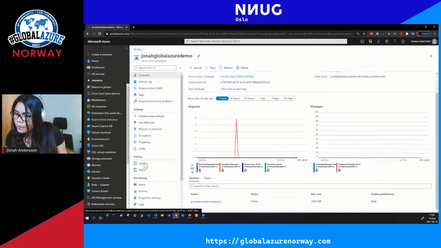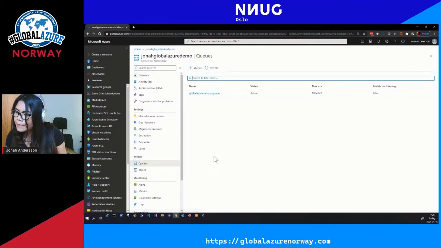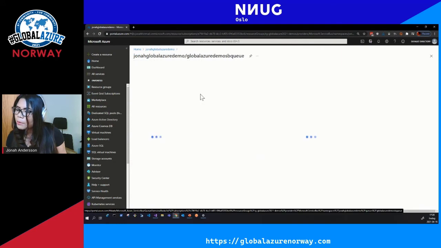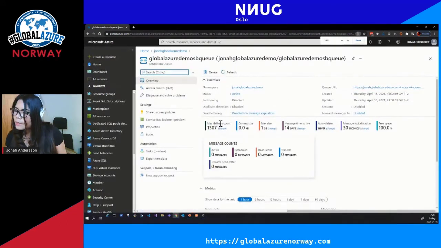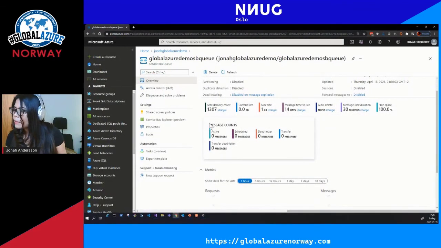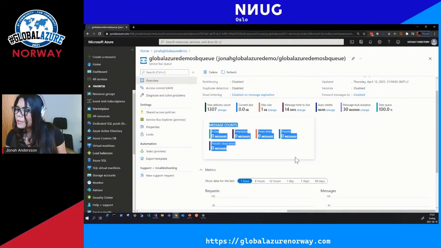So we have the entities here. I created one entity called Global Azure Demo Service Bus Demo Bus Queue. Here, the special part of this queue's dashboard for demo purposes is the message count.